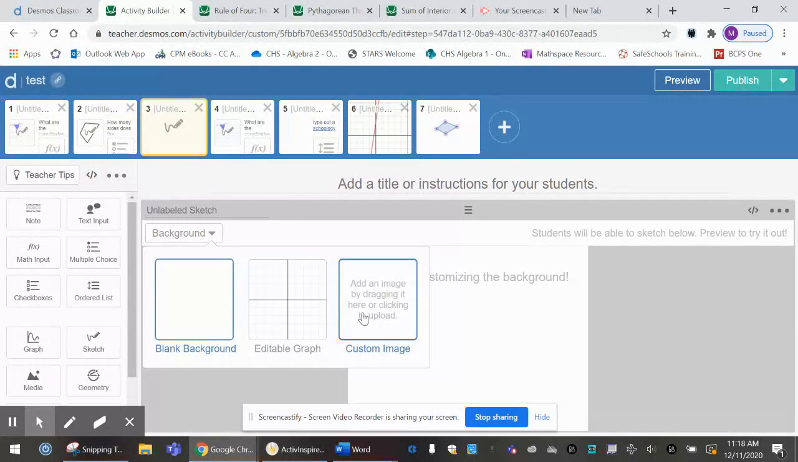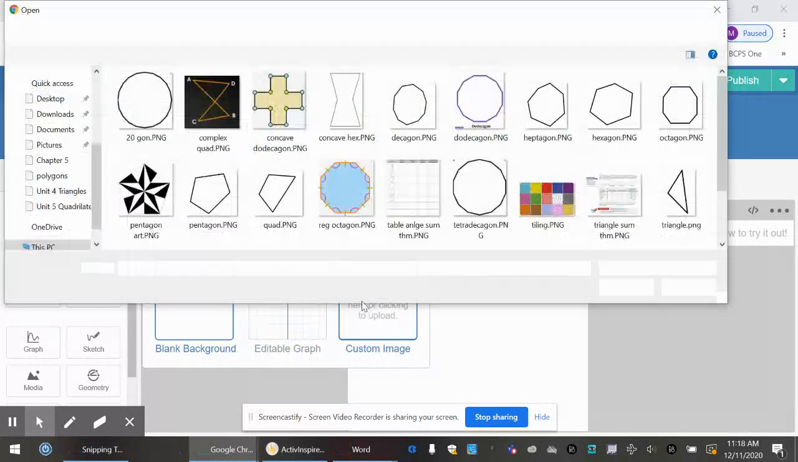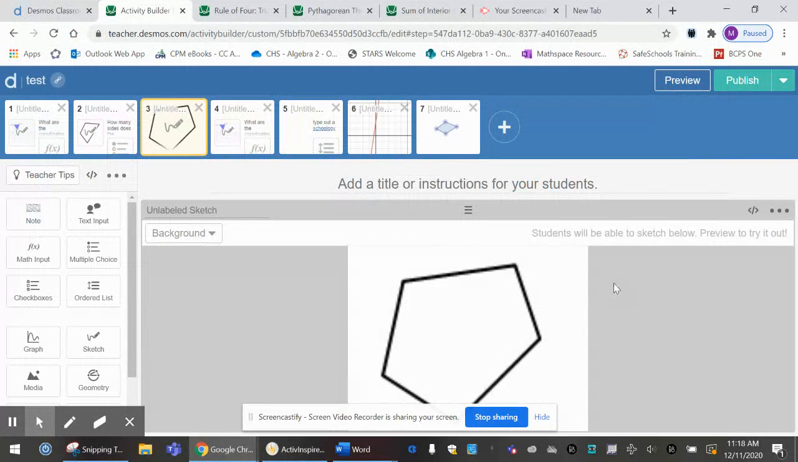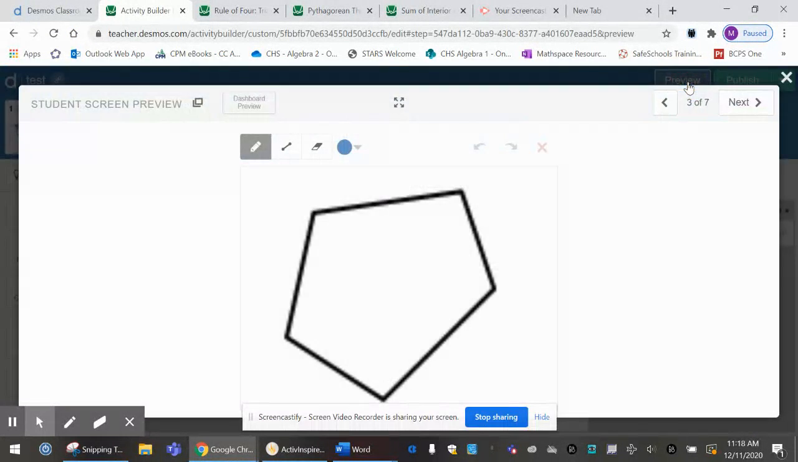Right now, you can leave it blank if you want them to just draw like it's a blank sheet of paper. You can give them a graph to sketch on. I'm a geometry teacher, so we don't use graphs every day. So instead, maybe I want them to draw the diagonals on a pentagon. So when they see it, it'll look like this, and they can interact by either using lines, they can color code them, they could draw freehand,